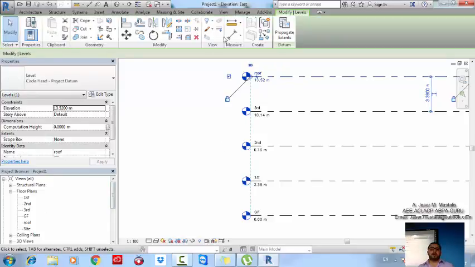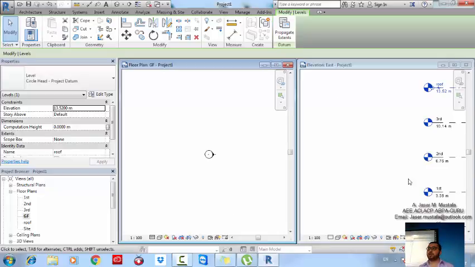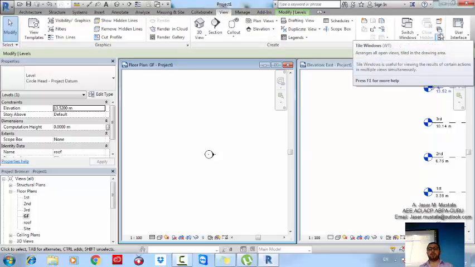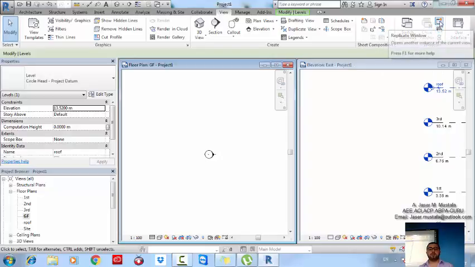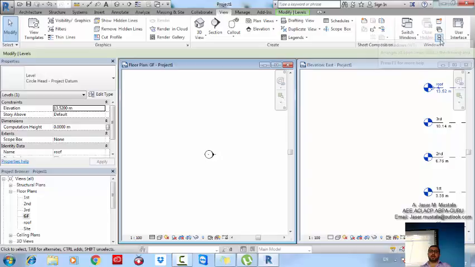If you remember, I accessed one of my floor plans, then we clicked on WT for window tiling, right? This option, you can find it under View, and then you can find it here. You have tile windows, cascade windows, and replicate windows. Fine. I will talk about tiling, which will show all of the views that you have viewed before in front